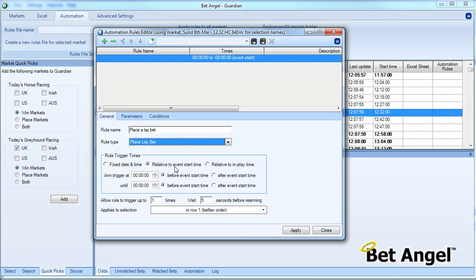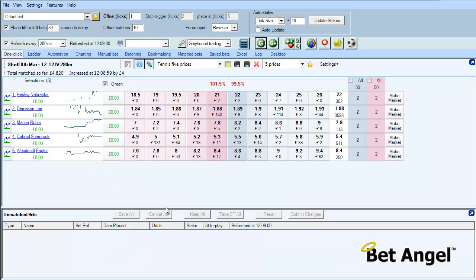We're going to do that relative to the start time, and because liquidity arrives really late, we're going to do that a couple of minutes before the event is due to start, and then we're going to stop doing that at 15 seconds before the off. You can see here that on this particular occasion, and in these Greyhound markets in general,